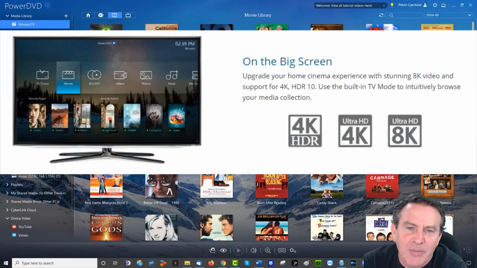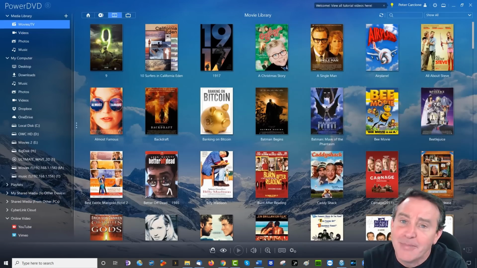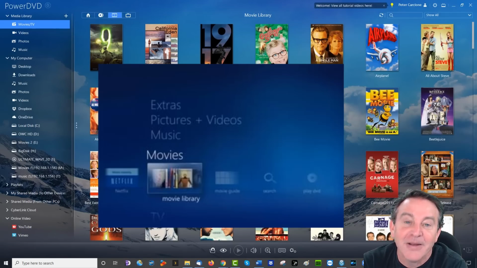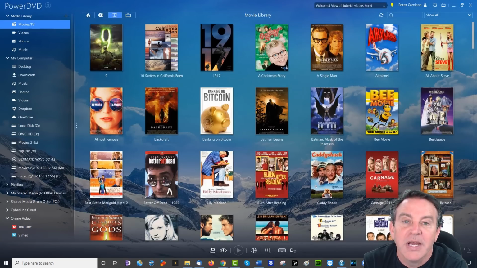Now, why am I so excited about media centers? I've seen more media centers than anybody else I know. I've been running a media center for 13 years on a daily basis. Ever since Vista, when I discovered media center, my new PC came with a Hauppauge TV tuner, and I was just thrilled because I plugged in an antenna to it, and I could not believe not only did it work, it was the best picture that I'd ever seen. It had a built-in DVR, and it also held all your movies. It was just fantastic. So that was on a PC, and that was Windows Media Center. We also had our music on there and pictures of the kids, and that was all great.